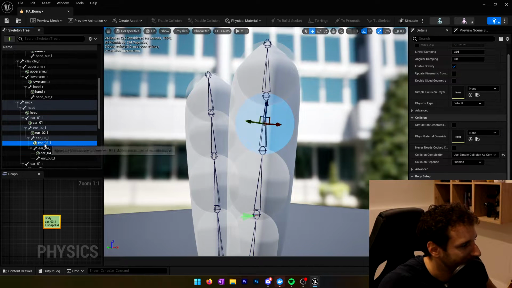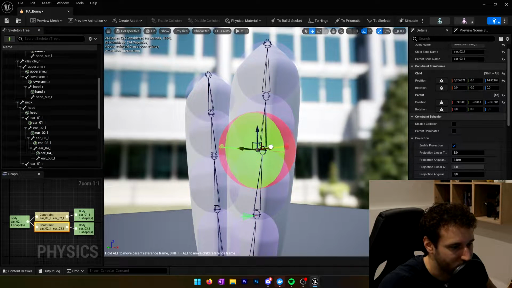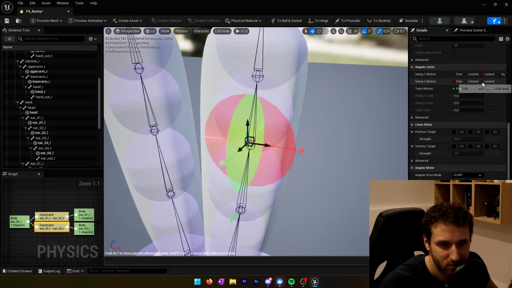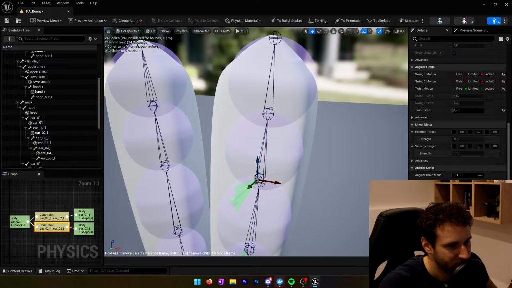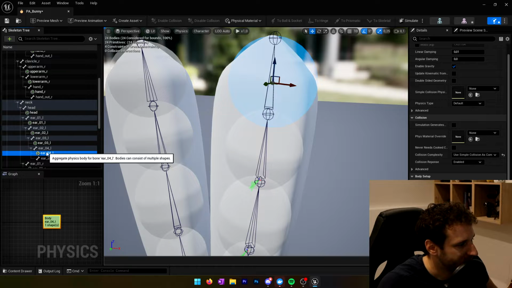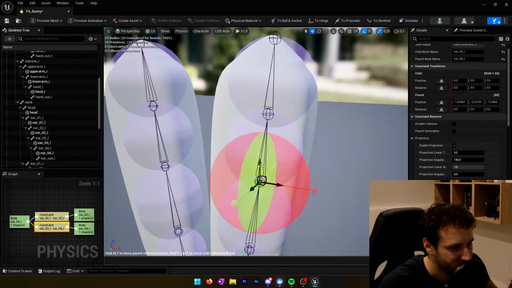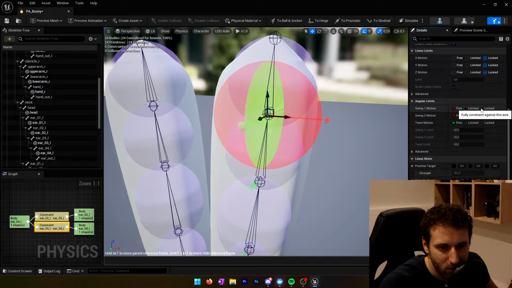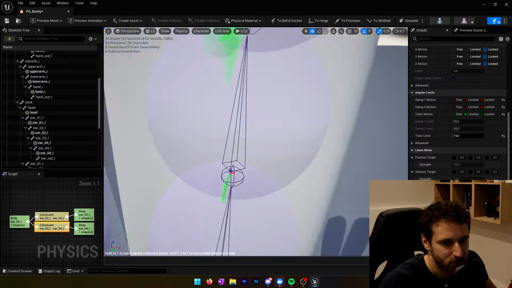Okay. We go to ear 3. I add a constraint. We put the ear 2. I put it on the good place. I check it out. I go and lock both swing. I put limited in the twist. And I put 15. Okay. The same for ear 4. I go constraint with the ear 3 left. I put it at the good place. And I will go locked and locked for the swing. And limited at 15 for the twist. So let's see